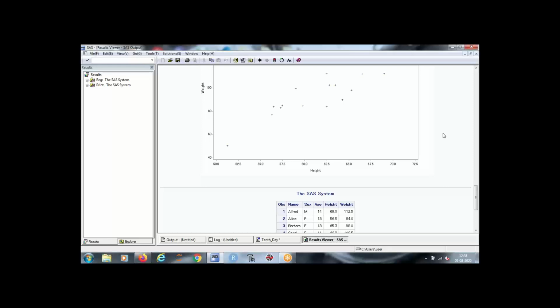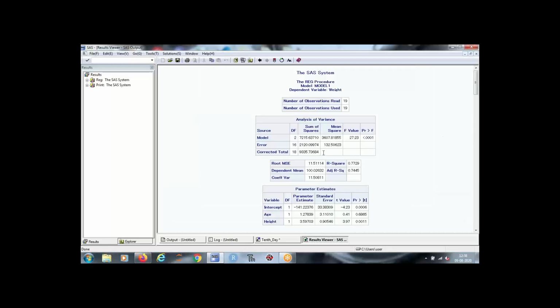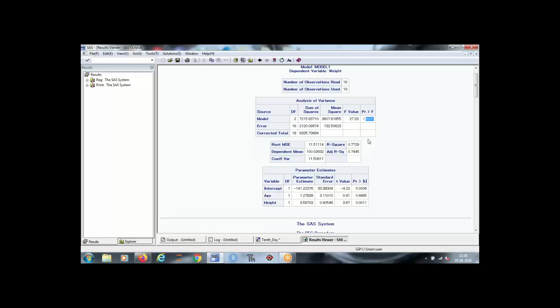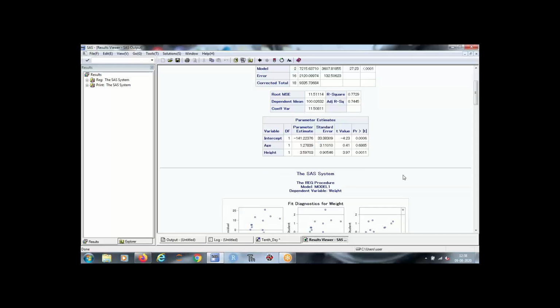This is your ANOVA table, right? This is your RMSE, R square value, adjusted R square value, your intercept, age and height, their p values, and fit diagnostics for weight.